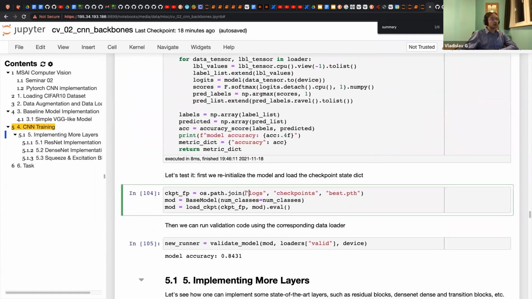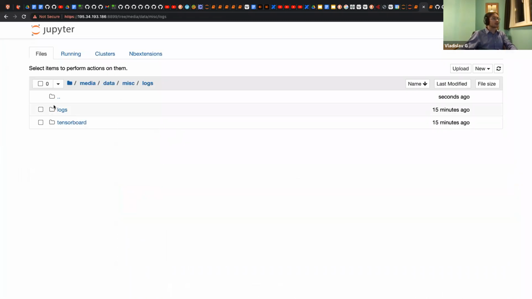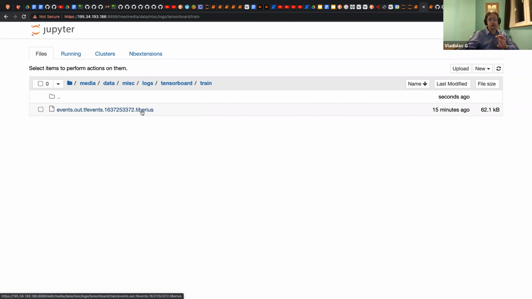And yeah, I was speaking about the logs directory. Here we have first TensorBoard, but we in fact didn't put anything explicitly to TensorBoard, but Catalyst already logged some stuff for us.